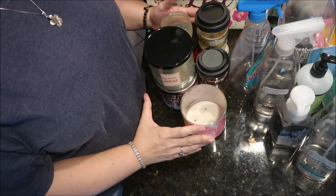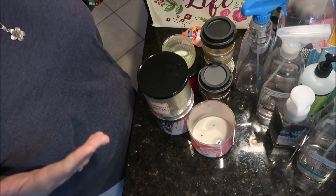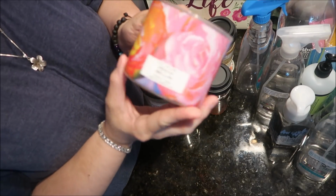Holy candles, you guys. All right, so these are the ones that I have to review, some to talk a little bit about, some that were garbage and aren't even worth talking about. So starting with this